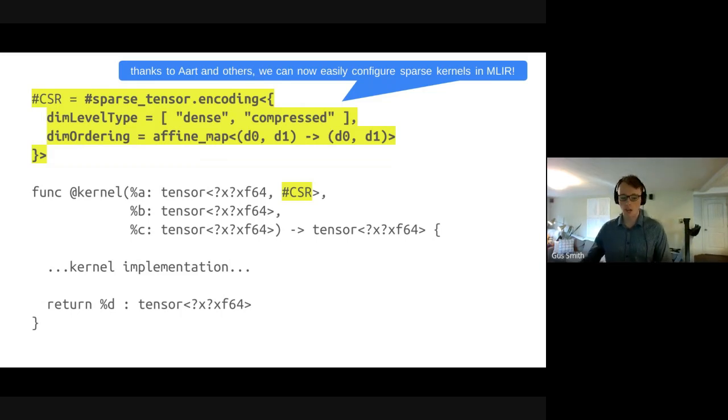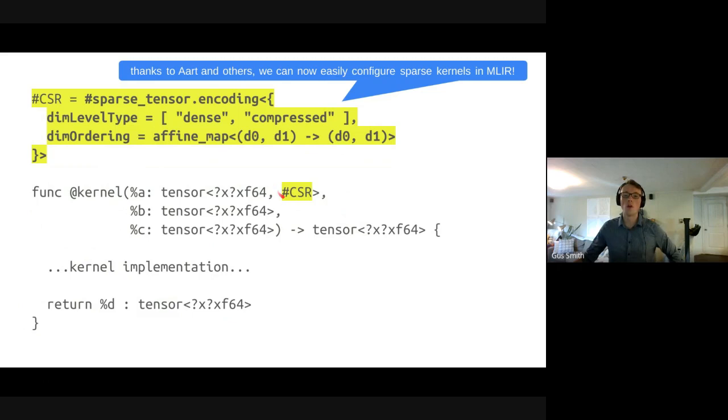So this is, hang on, let me see if I can get my pointer working. There we go. So imagine this is just your kernel definition in MLIR. So it looks fairly standard. It takes some input tensors, it gives an output tensor. There's some implementation in here, returns a tensor down here. Now all you need to do to turn this into a sparse kernel in MLIR to take advantage of sparsity is essentially you just tag one of the input tensors with a sparsity format here, which we can specify like this. And so you can see we have this kind of Taco style sparse format where we have a per dimension dense or compressed, and then also we have a dimension ordering specified here.